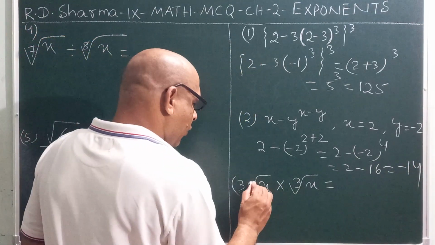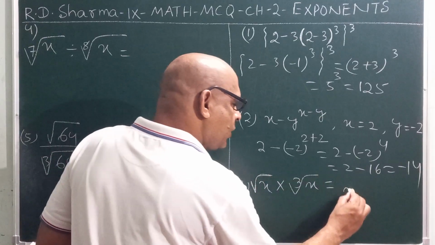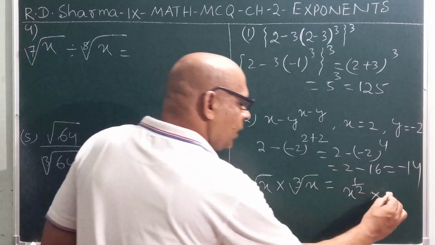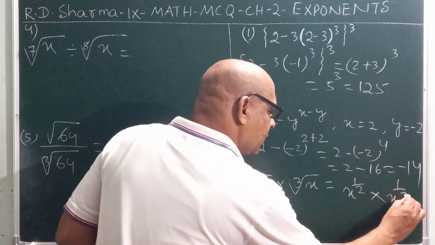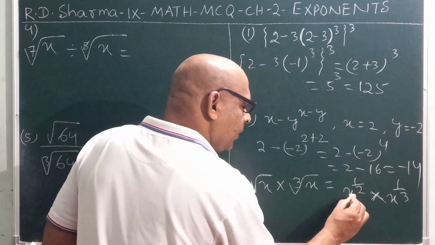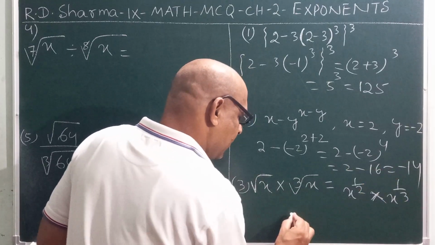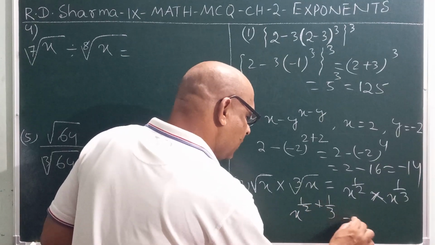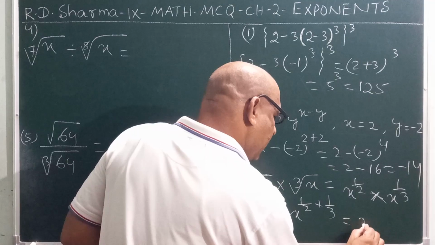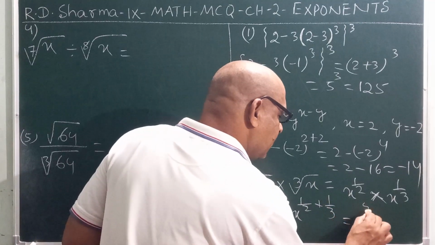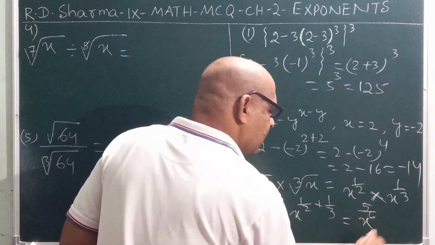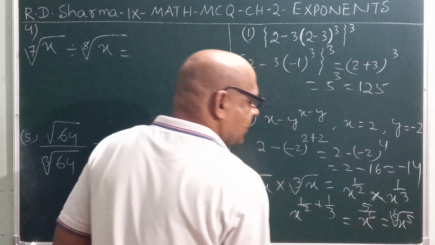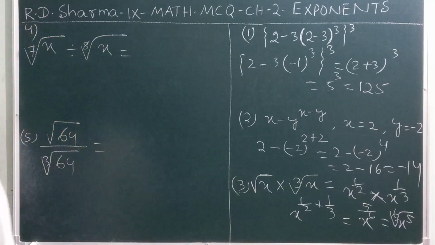Next, the root over x to the power 1 by 2 into x to the power 1 by 3. Multiplication, base same, power add: x to the power 1 by 2 plus 1 by 3 equals x to the power 5 by 6. x to the power 5 by 6 equals x to the power 5 6. Then